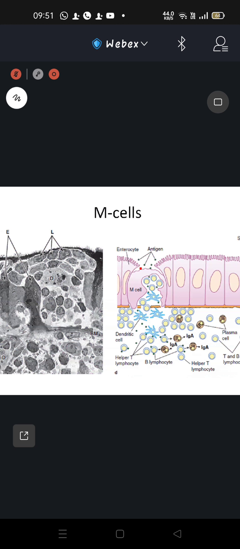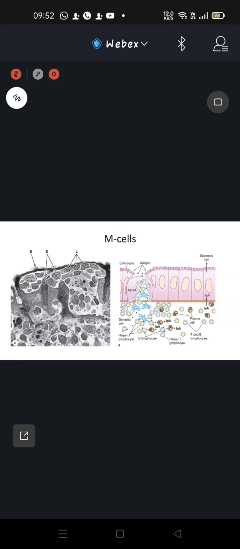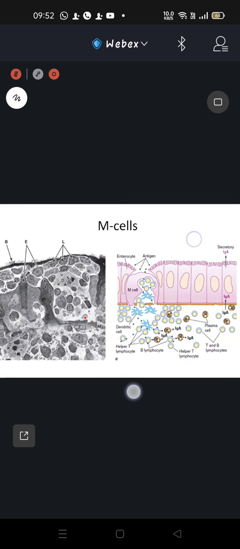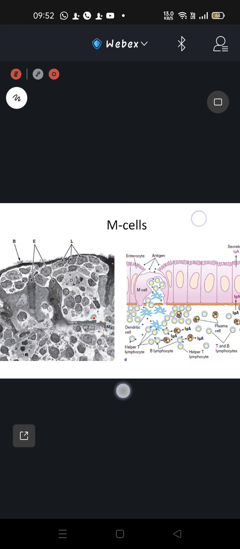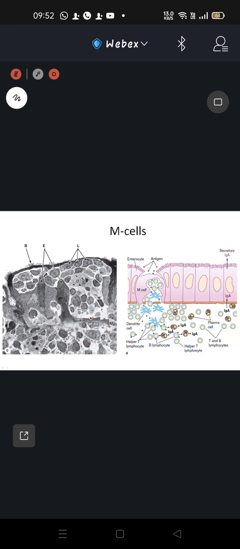And these are the M cells or microfold cells shown here. What we can see is that it has this porous basement membrane. So the basement membrane in relation to these microfold cells, which line the Peyer's patches. This is a simple cuboidal epithelium, and they have this porous basement membrane. And because of the porosity of the basement membrane and these basal folds of the plasma membrane in the basal portion, we can see what?